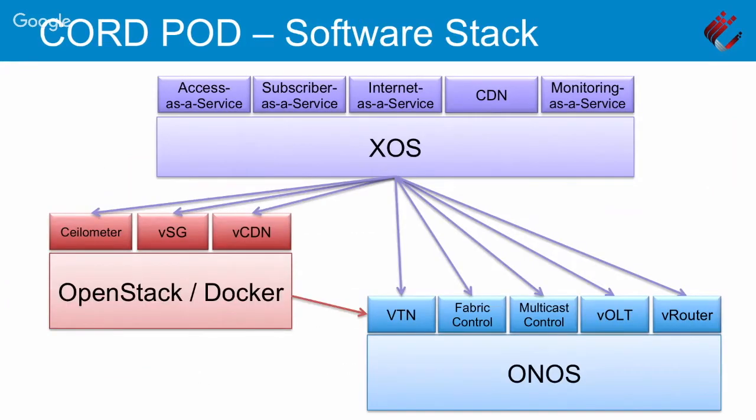And again, taking a slightly deeper look at the software, these are the 3 big pieces of software. ONOS is, of course, hosting all of those control plane apps. OpenStack and Docker are hosting, in that sense, the various scalable data plane services. And XOS is the piece that treats both of them as though it turns both of them into services by generating the purple stuff that I showed you at the top before. So while it might have been Vault down below, that's an implementation. We think of that as access as a service when you get to the top. And there's an assembly process that goes on there.